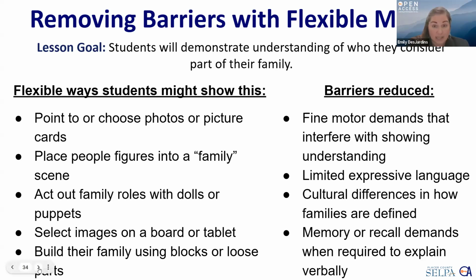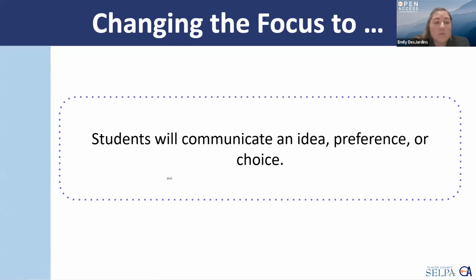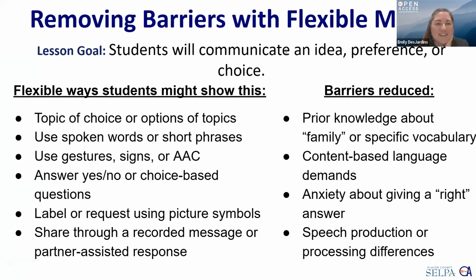So we could also change the lesson goal and instead focus on students will communicate an idea, preference, or choice. Lots of different things we could do here, right? So some of the barriers we might want to remove, on the next slide, sorry. Some of the other barriers that we could reduce here is that maybe they don't fully understand this concept of what a family is yet, or maybe don't have the language, the vocabulary for it, but that's looking specifically at family. And this is going to let them show how they communicate in a variety of ways